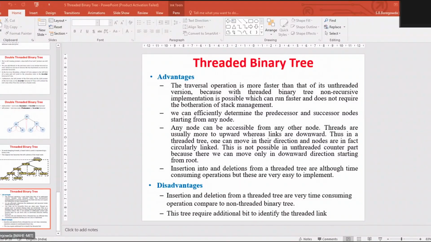Next is deletion operation in the MAGZIP. This is about creating a heap. Then deletion in a MAGZIP: deleting the last node is very simple, because the last node is nothing but a leaf node. If you delete any leaf node, it is not going to affect the MAGZIP properties at any given levels. But deleting a root node from a MAGZIP is a little difficult, because if that particular root node is deleted, it is going to disturb the